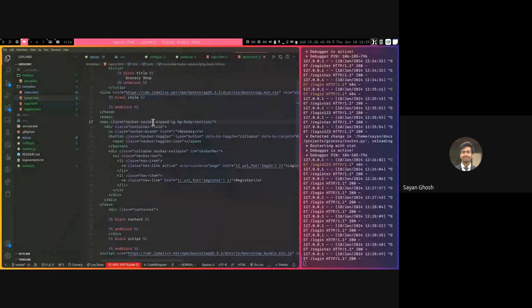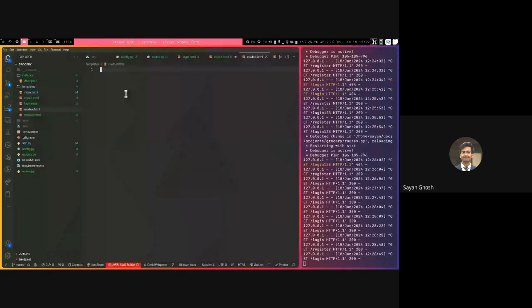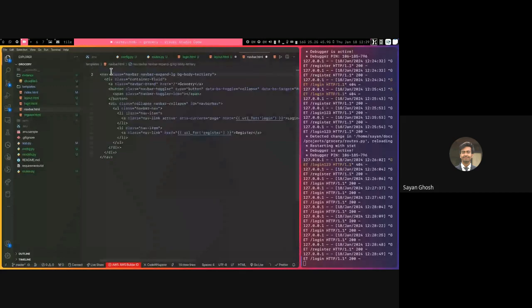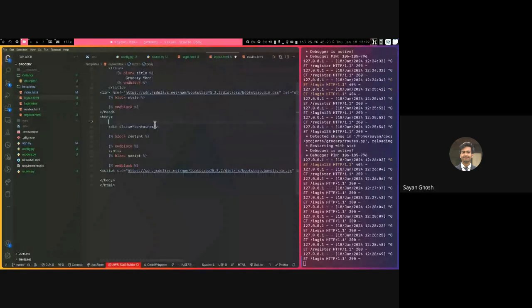Let me quickly delete this and create a new file called navbar.html. In this, I'll just have the HTML for the navbar, without the HTML boilerplate and all. And in the layout, I'll just use j.include. I think that's j.incl. It will make this snippet of Jinja, which is include. And here I can say